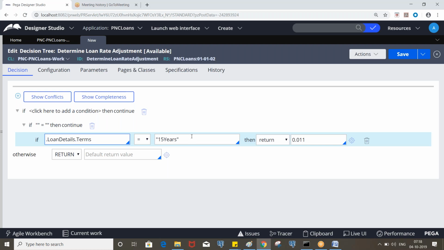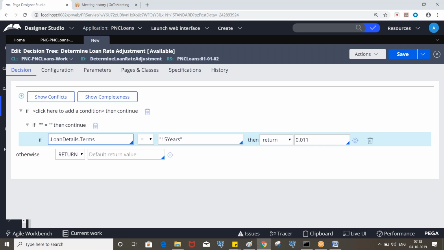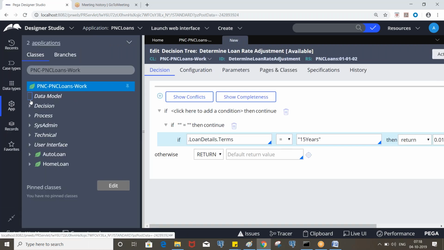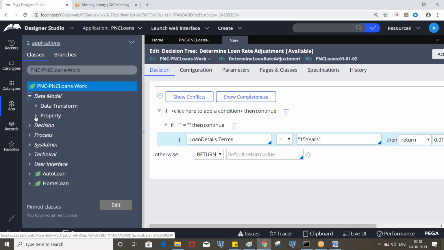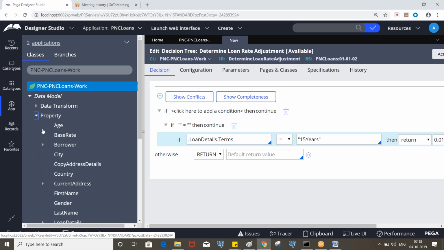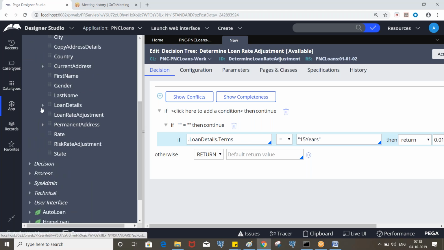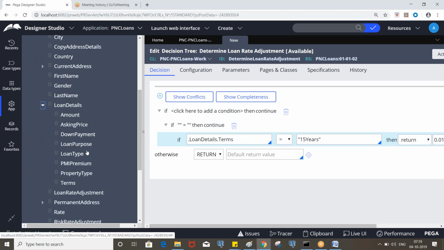Does the 15 years have a space, or is it without space? That you need to check, whatever the value is specified in the terms drop down property. So let me check that. Let's say, go to the loan details, terms.